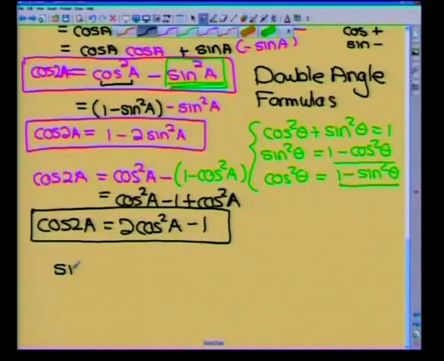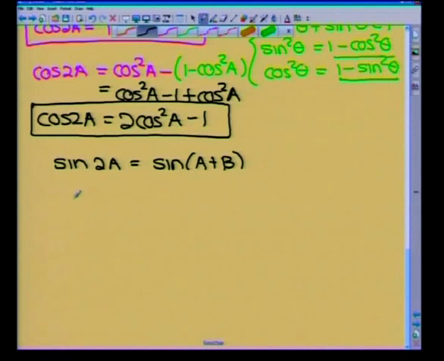Right, now the good news is that the sine 2A formula only has one formula. So let's look at sine 2A. Do you agree with me that that would mean the sine of A plus A? Let's move the screen up a little bit. Which is equal to, using the expansion, sine cos. We know it'll take the same sign as that. It'll be A, B,